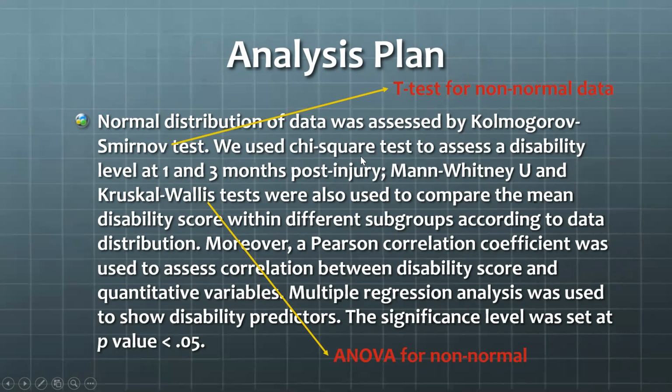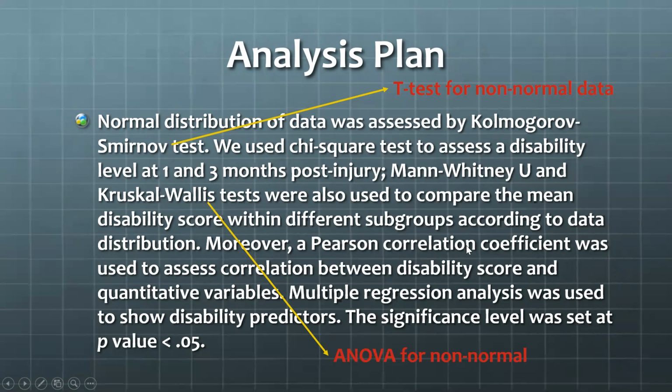So they must have had a lower level of data, because if you're using the chi-square test or the Mann-Whitney U, you are looking at data that's categorical. And here's a test they used, which is used with non-normal data to compare the mean disability scores with different subgroups. So that's 2 or more groups. Notice they didn't say just 2 different ones. And so that's why they used an ANOVA. And then they used a Pearson